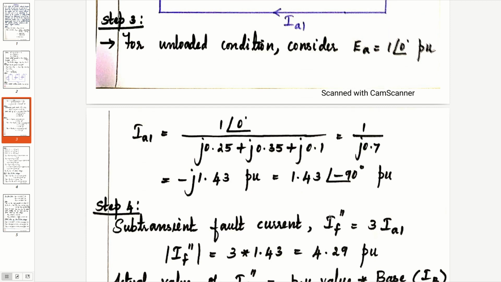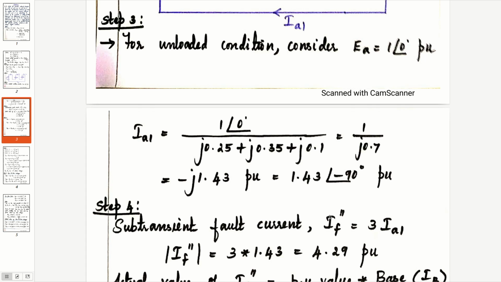Now what is that EA? EA is the EMF induced in phase A. In module 2, for calculating the fault current, we had two approaches. One is the KCL approach, the other is Thevenin's approach. What is the second point in those approaches? If the machine is unloaded or if the power system terminals are left open, in short, for unloaded conditions, we have to assume the pre-fault voltage or EA as 1 per unit.